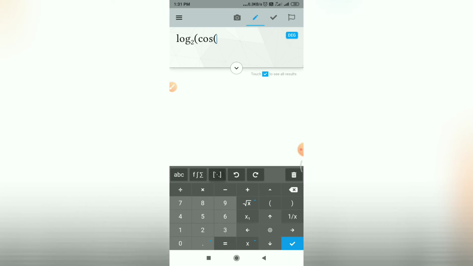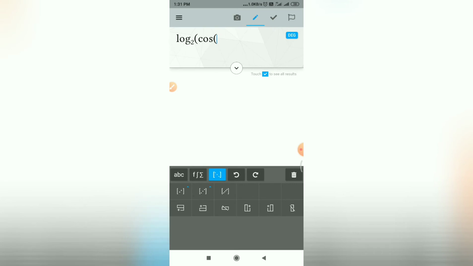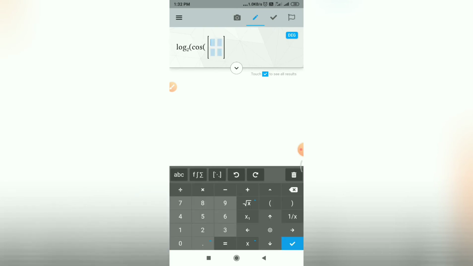Next to that you can see it is used for creating your matrix. For example, we will create this matrix. The blue rectangles you can see are where you can actually fill in the values like this. My matrix is ready. Like this you can use the various symbols available on the keyboard. There is an undo redo button, so like this you can perform undo and redo, then delete, which will clear our input box. And the rest of the symbols you can use in the normal way.